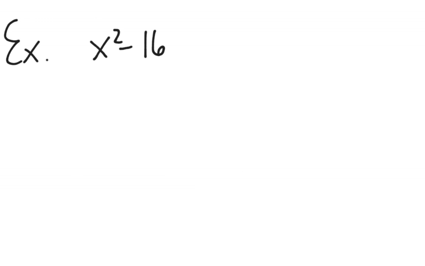So let's do an example. I have x squared minus 16. I need to see if there are any common factors between x squared and 16. The only thing that goes into both x squared and minus 16 is 1, so no common factors to factor out. Next, I need to identify, is this even difference of squares? Well, x squared is obviously a square because it's x times x. 16 is also a square, it's 4 times 4. So yes, I have difference of squares here, which means I can apply my difference of squares formula